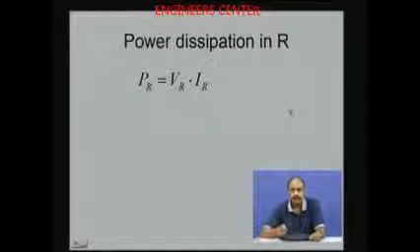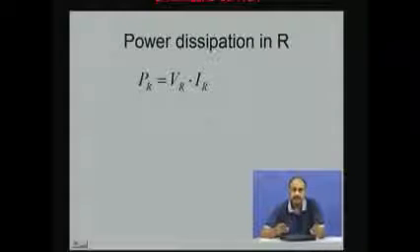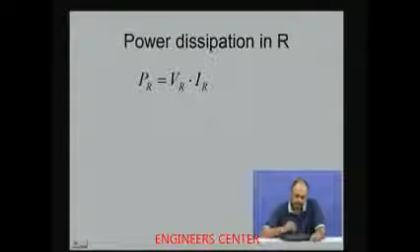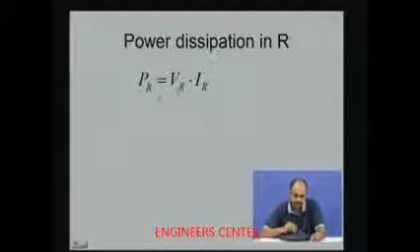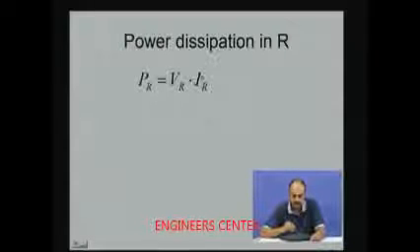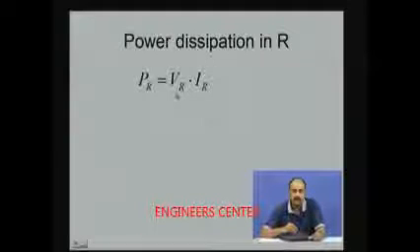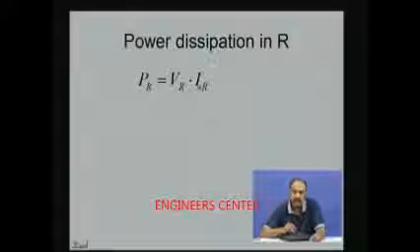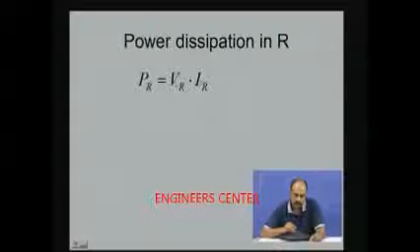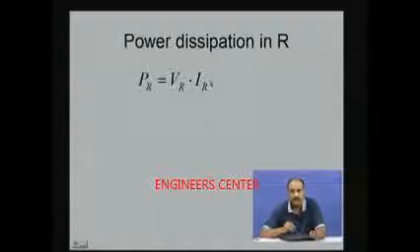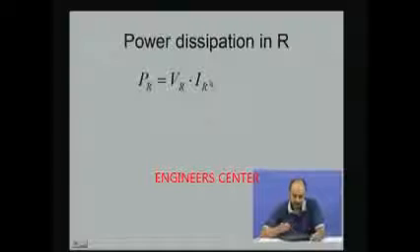Another important characteristic of the resistor is its power dissipation, because we said that energy is going to get lost in the resistor as heat. We need to quantify how much of this energy gets lost. Power in watts is equal to voltage in volts times current in amps. So, VR is the voltage across the resistance and I is the current through the resistance. The product of V into I will give you the wattage or the power that gets dissipated in this resistance.